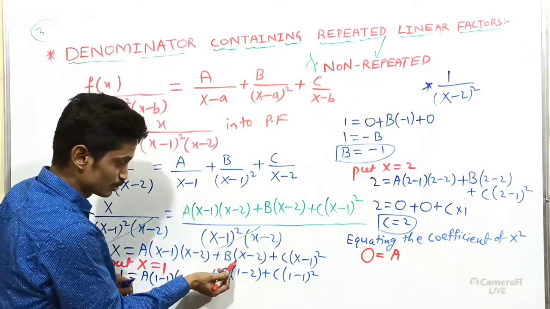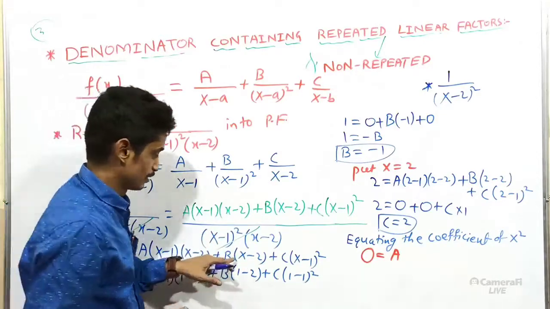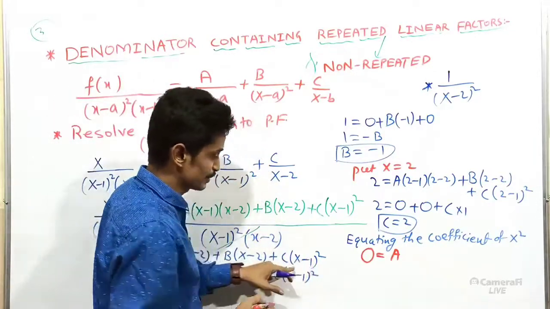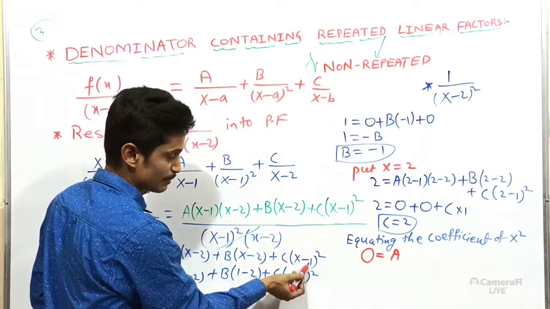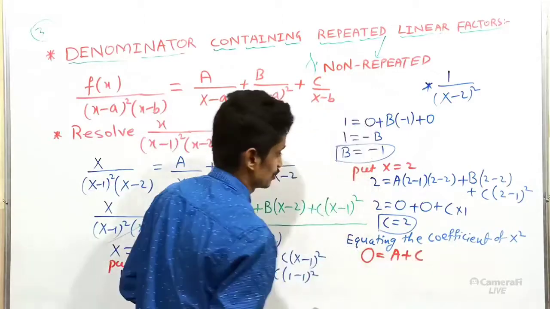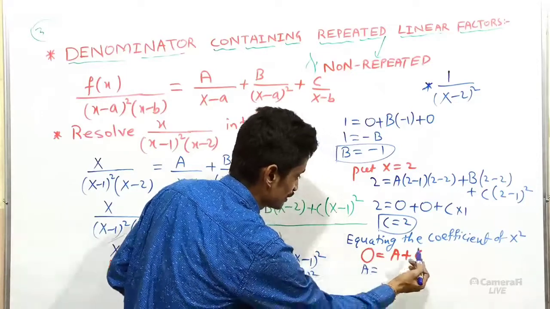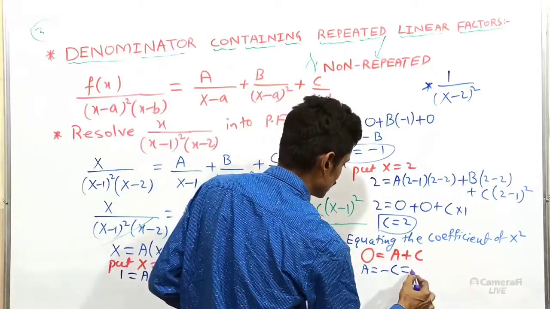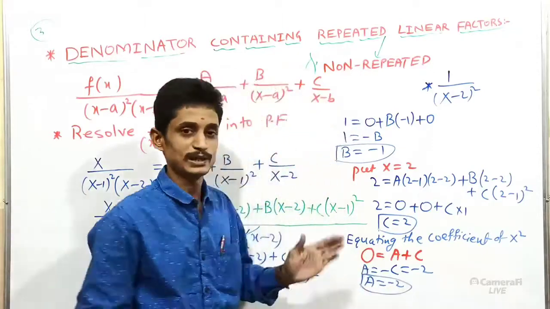Now next go to this one. Here the only variable is x, so it is not possible to take the coefficient of x square. There is no x square term. Here if we expand x minus 1 whole square, we will obtain one more x square term, because the first term is x square, minus 2ab form, next will be b square. So the x square coefficient we get is c. Now I am going to find the value of a. So 0 equals a plus c, I shift c to the LHS side, that becomes a equals minus c. Already I know the value of c, that is 2. Therefore a is equal to minus 2, our required result.